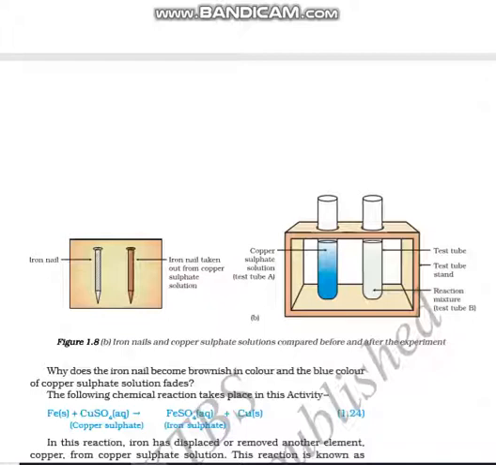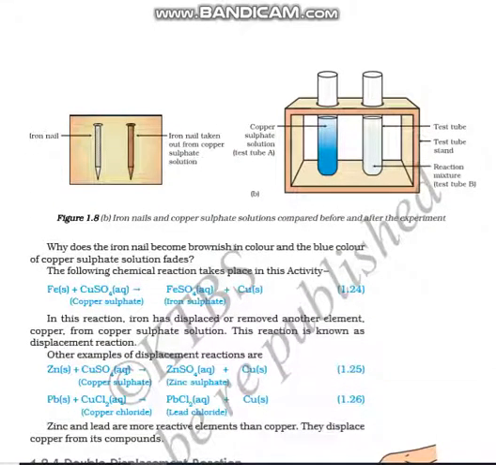So here what happened? From the copper sulfate solution, the copper is detached, copper is removed. These kinds of reactions are called displacement reactions, in which one or two elements are either displaced or removed. Okay, so we can call this type of reaction a decomposition reaction also. But if we are not removing any element, we are displacing the element, then we cannot call this reaction a decomposition reaction, but we have to call it a displacement reaction. Got the point?